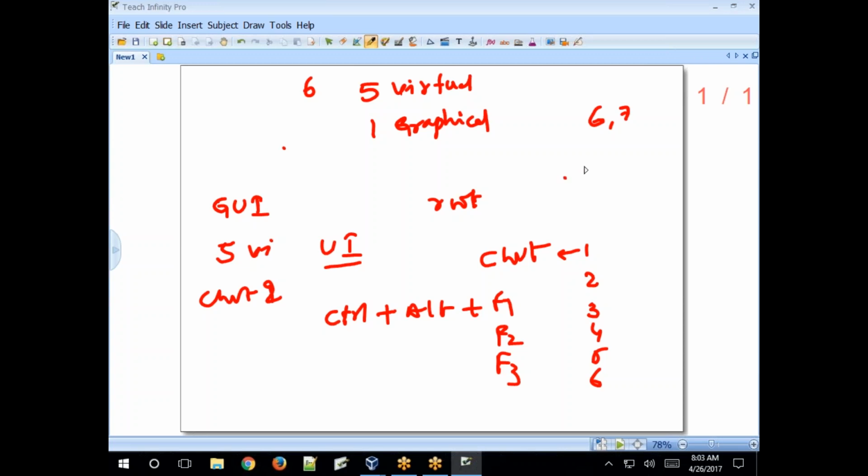RHEL 5, the old version of Red Hat Enterprise Linux, has 7 consoles: 6 non-graphical consoles and 1 graphical console. In 6 and 7 there are only 6 consoles, 5 virtual consoles and 1 graphical console. I'll show you that.